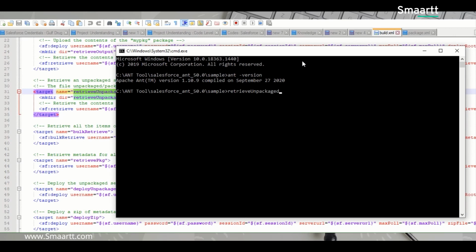Okay, so the Ant tool is very easy. It is very easy to install, very easy to use, and we can fetch and deploy the package from one environment to another environment easily. This is all about the Ant tool,